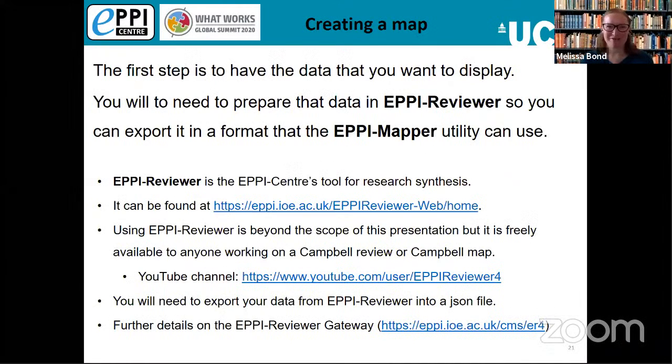Okay, so I'm really lucky because I get the fun part of being able to show you how to create a map. As you probably all know, the first step is to ensure that you have prepared your data in EPPI-Reviewer so that you can export the map in the format that EPPIMapper will be able to produce your map